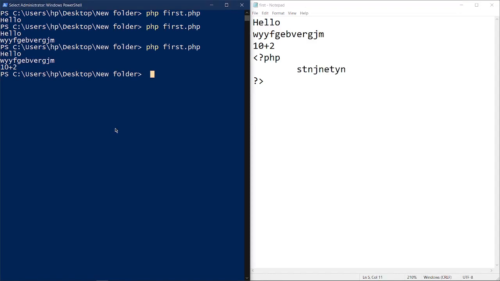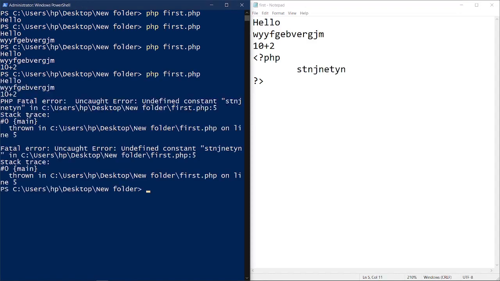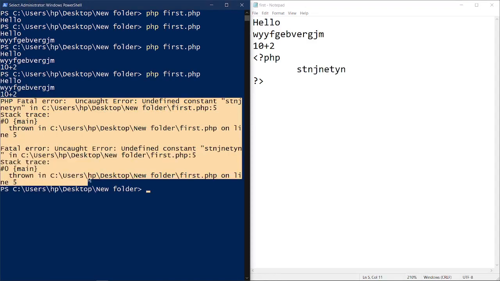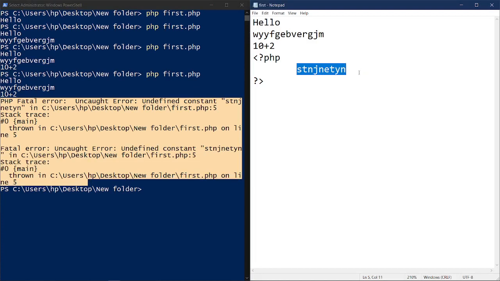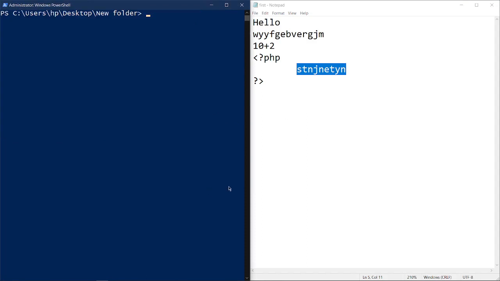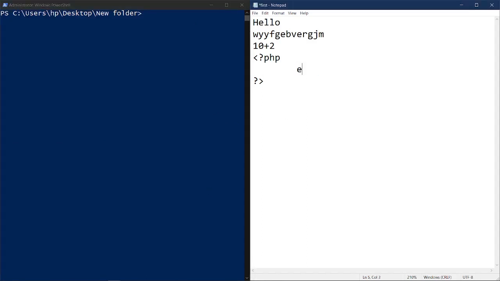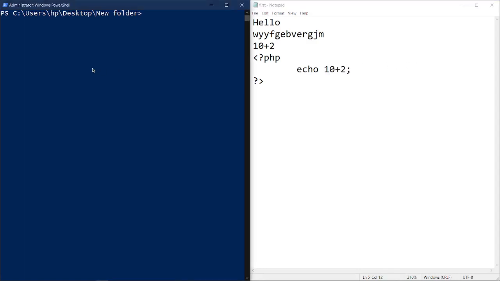If I write that and now run the program, you will be getting a fatal error, because this is a PHP program, and this has to be meaningful, according to the PHP syntax. Let me clear it first. Now here if I write echo 10 plus 2 and a semicolon is a must, and save it and then run it,